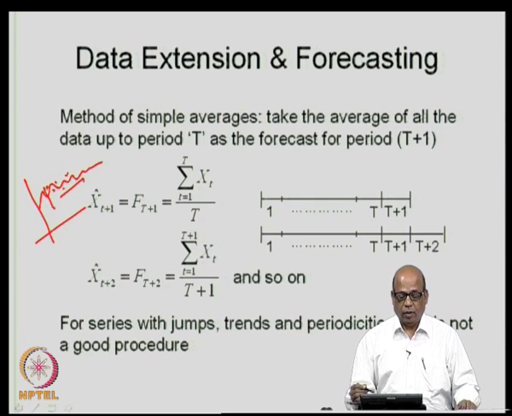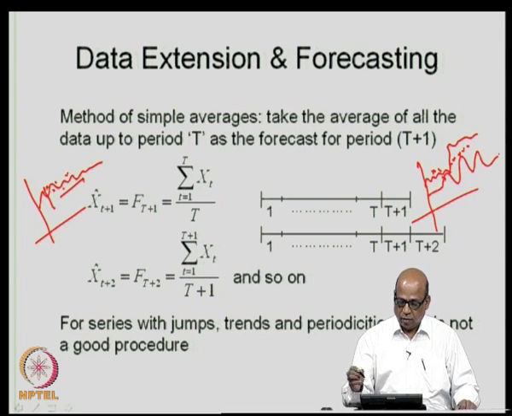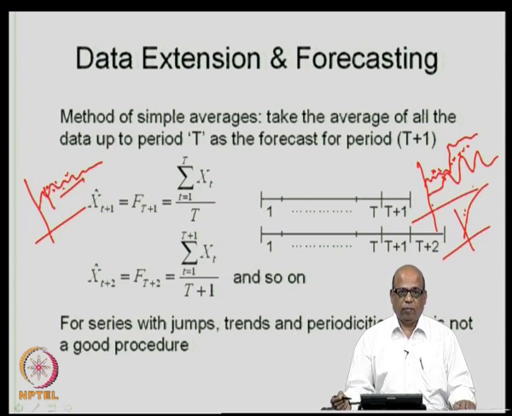reasonably all right. Whereas, if you have a time series which has performed like this and then suddenly there is either a jump or a drop, then your methods will fail. For example, you may keep on getting forecasts something like this, then the forecast will be slowly rising like this. So, you may not get a good forecast when you have either a jump or a periodicity or even a trend. If you have a trend in the time series something like this, then your forecast using the average methods will not work well.